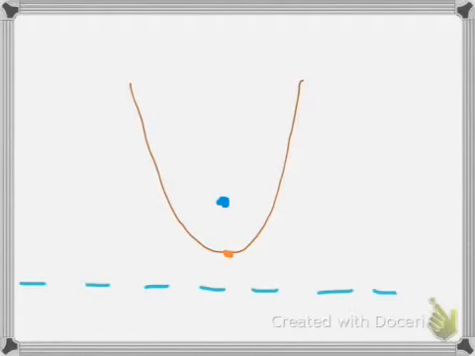So for example, this point here, that distance, this distance is the same as this distance. Now it's not drawn